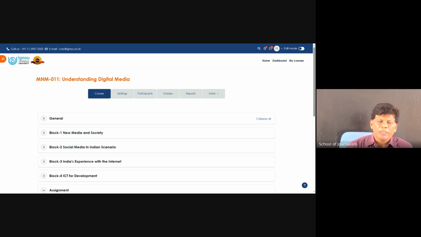Our master's in journalism is being offered online. Postgraduate diploma in journalism is being offered online. Postgraduate diploma in development communication is being offered. Postgraduate diploma in digital media is currently being offered. MA in digital media and journalism is being activated from January onwards, and students will start accessing the LMS from July. So we have two masters and three diploma programs, five programs altogether on the online platform, which is meant for Indian students as well as international students. We have students from across the country and outside the country also.